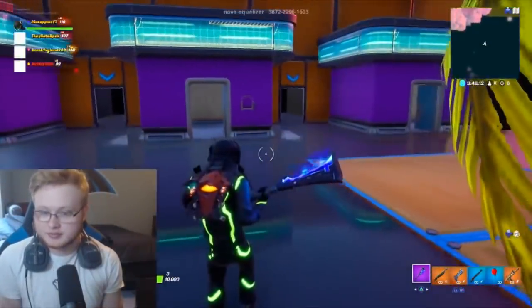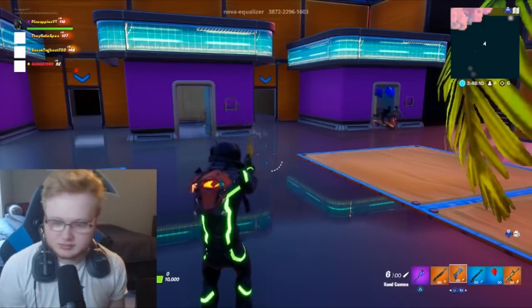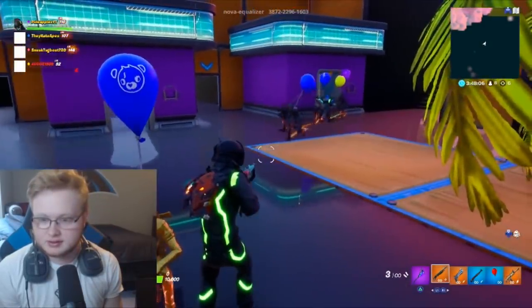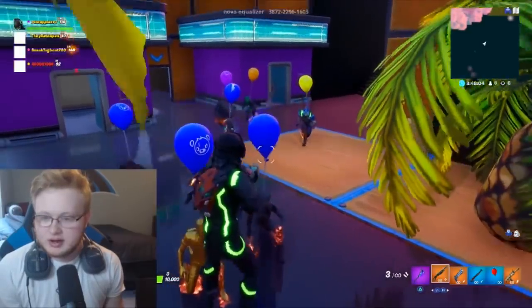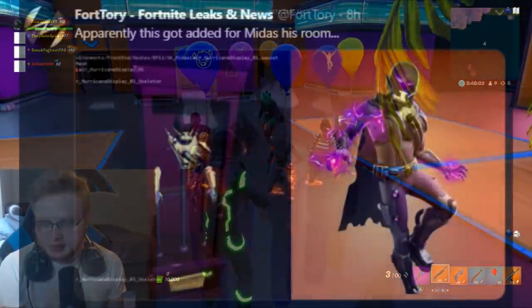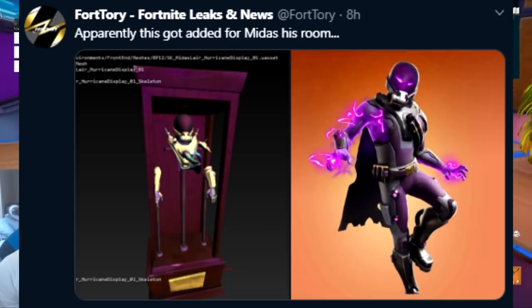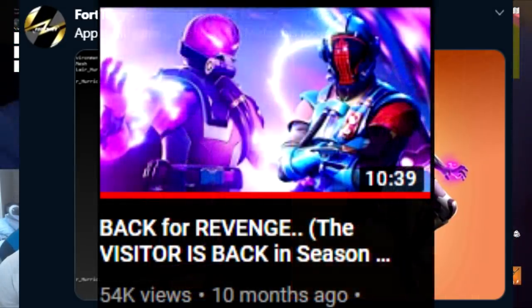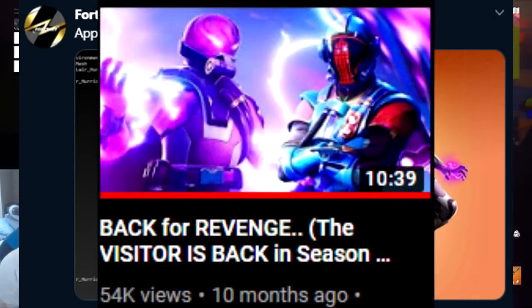But then I saw this from Fort Tory on Twitter, and all of a sudden, it kind of made sense. And actually, this is pretty awesome, so check it out. Apparently, this texture got added into Midas's room with the new update, which is actually the Tempest skin, which, if you'll remember, a good while ago, I talked about extensively in a couple of my videos as being maybe a part of the